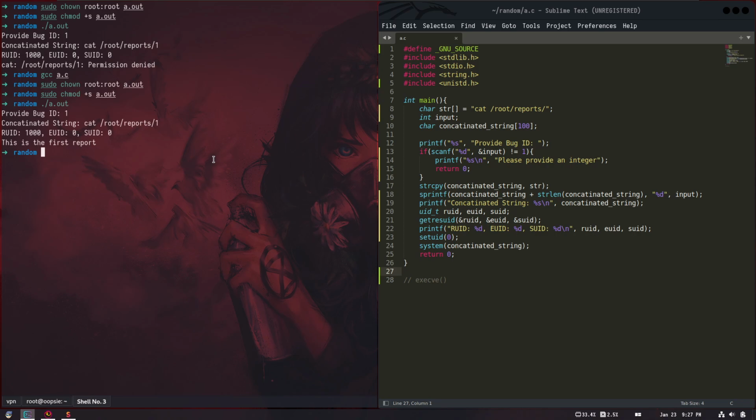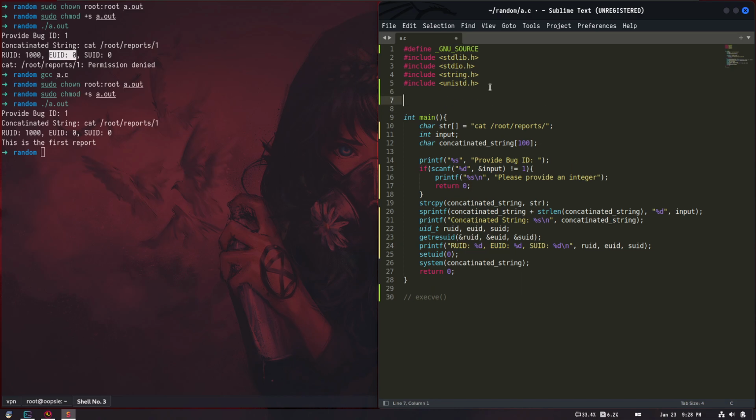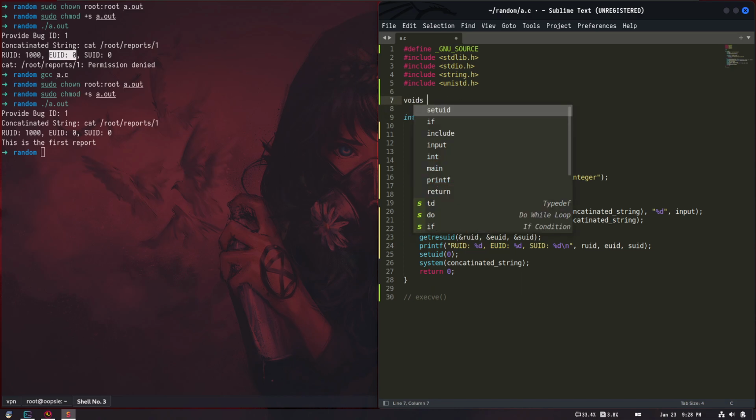Anyway, what was I talking about? I was saying, instead of using the syscall that's disallowing us to read this file as root, we can just create a custom function to just read the file. Because really, the minute we are running this file up to this point where we're doing the syscall, we have root privileges. So I'm going to create a function here called read file,